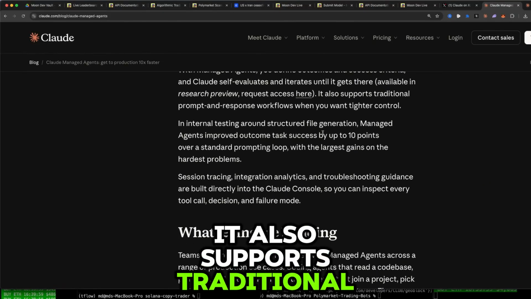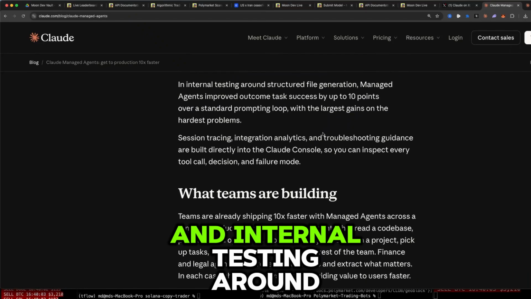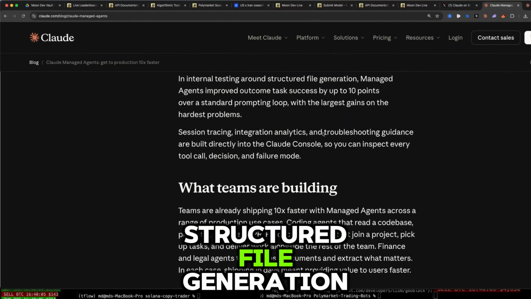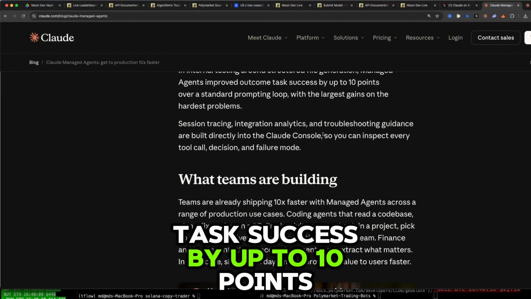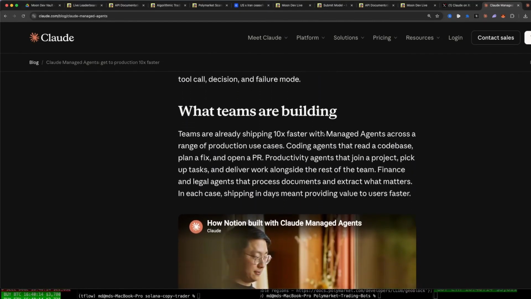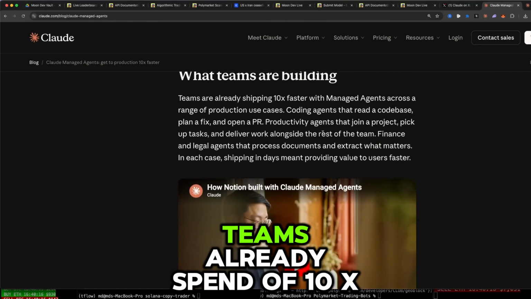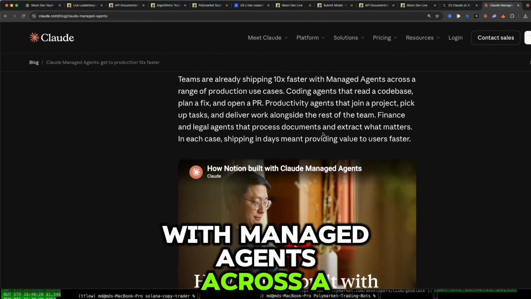It also supports traditional prompt and response workflows when you want tighter control. And internal testing around structured file generation, managed agents improved outcome task success by up to 10 points over a standard prompting loop. Teams are already shipping 10x faster with managed agents across a range of production